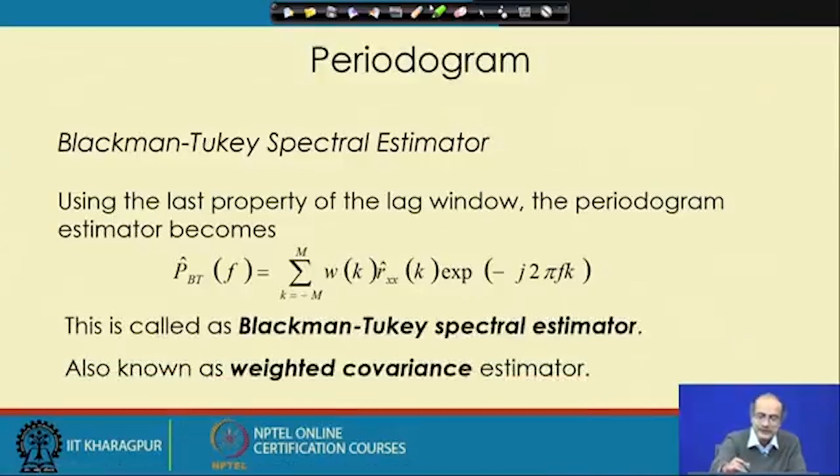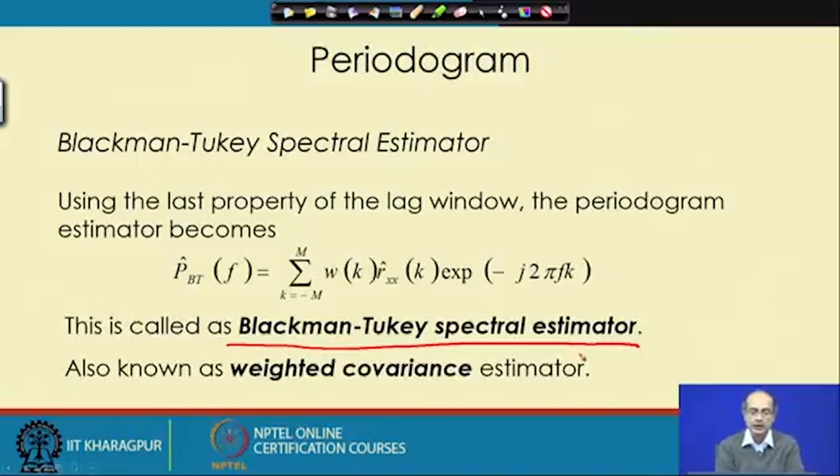And this is what is called the Blackman Tukey spectral estimator. This is what they proposed. And there is also another term, it is called weighted covariance estimator, because they have suggested a weight to that autocorrelation function. Okay. So, this was the proposition of Blackman Tukey, and